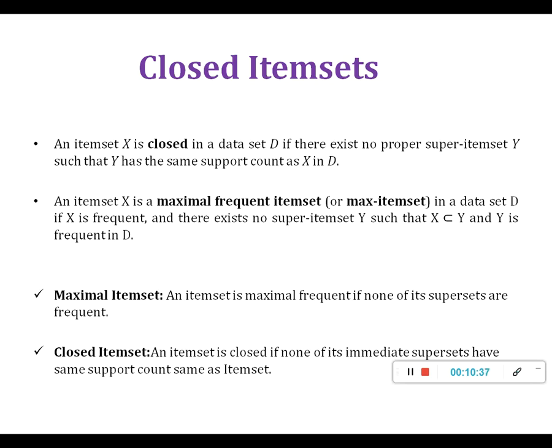And when we say an item set is closed, it means that none of its immediate supersets has the same support count as that particular item set. Then we see it as a closed item set. We have also seen examples in the lattice diagram and in the tabular format. These are the two examples we saw related to maximal and closed item sets in the previous session.